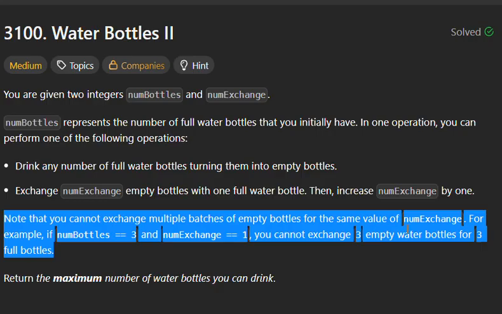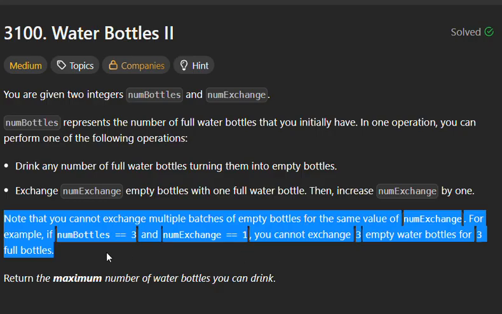At one time you can't directly give 4 empty bottles and get two full bottles. You should get only one full bottle at a time. Note that, read this statement again: you cannot exchange multiple batches, only one batch, which means you can give only 2 bottles and get one full bottle